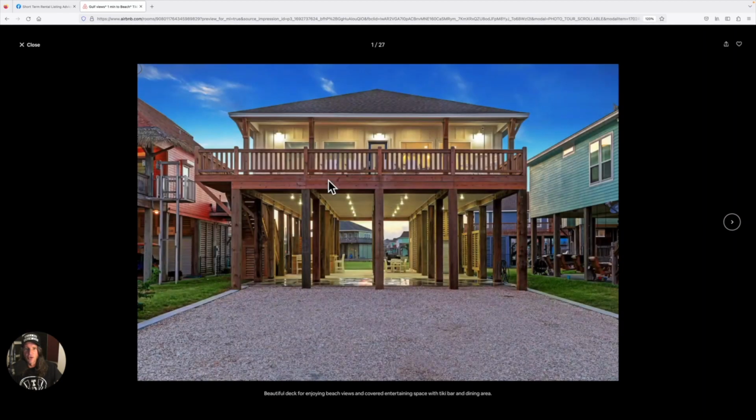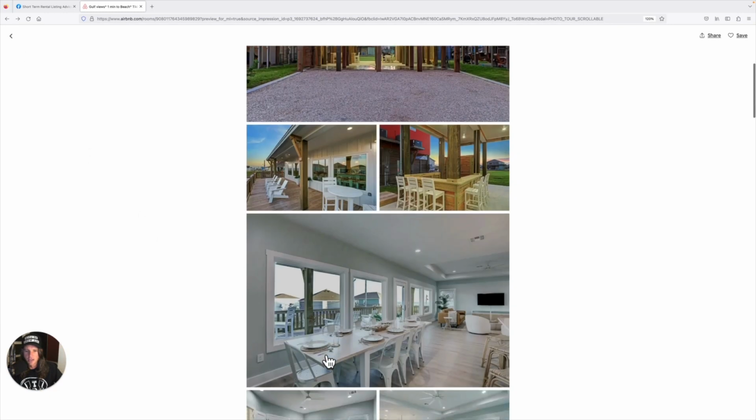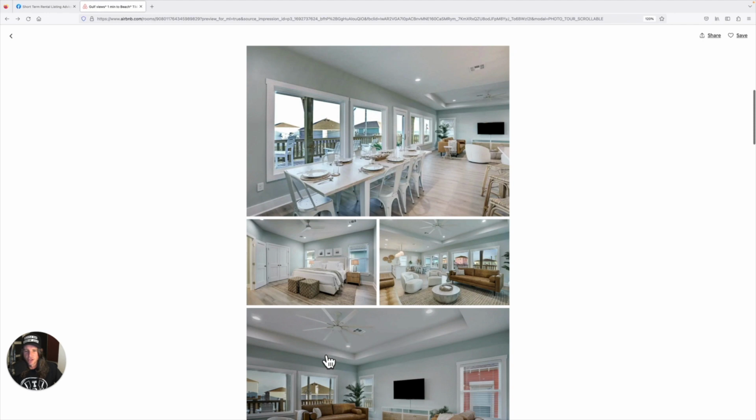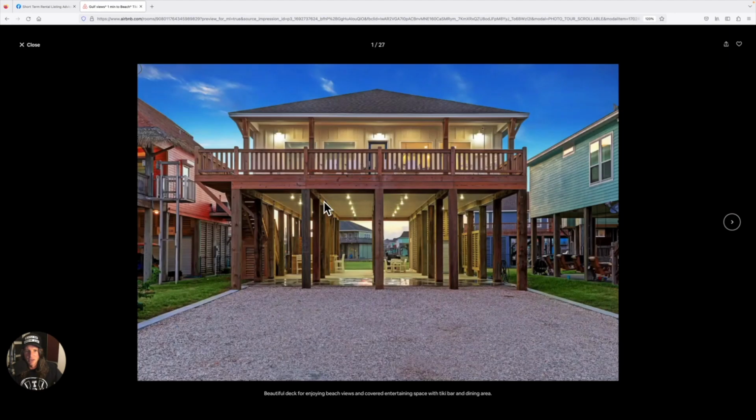First of all, they're very, very high quality. This one's got some polish done to it. This is an artificial, what do they call that? Twilight photo, but it looks good. 27 photos is too few, my friend, in my opinion. I would want to see somewhere around maybe 38, 40 for this property. I don't know how many square feet yet, but